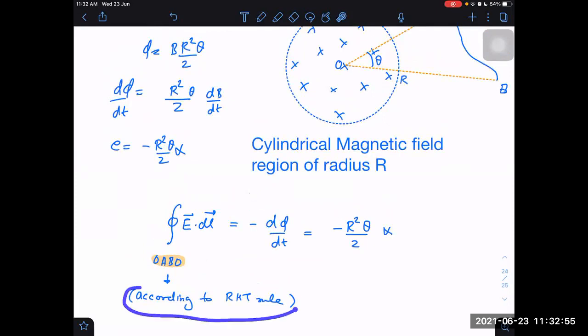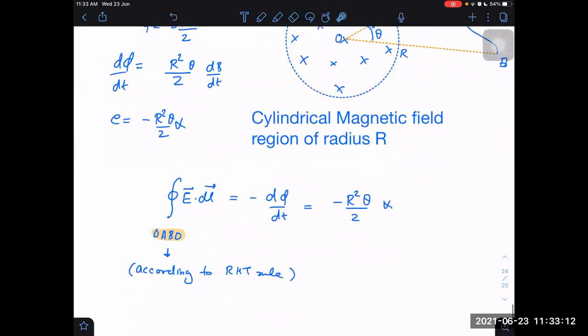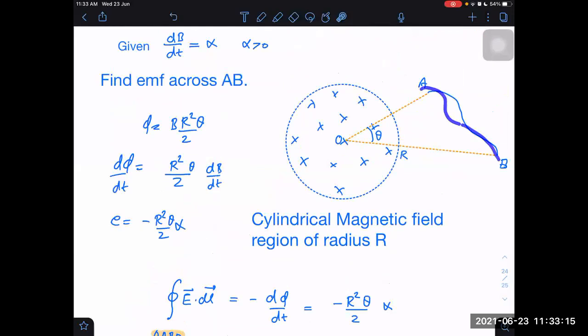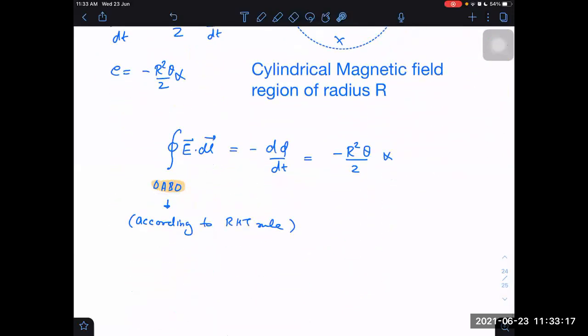But I told you, this can make you feel worried, and some of you can make a mistake, including me also. So I never do that actually. Here I did it just the way it is done by Faraday's law. But sometimes they may ask you to find EMF not from A to B, but from B to A. Then it is more likely that you will forget the right-hand thumb rule and start taking EMF along OBAO. The moment you do that and still apply minus d phi by dt, you will get the wrong answer. If we are already taking the loop opposite to that direction, then we don't have to write minus here.